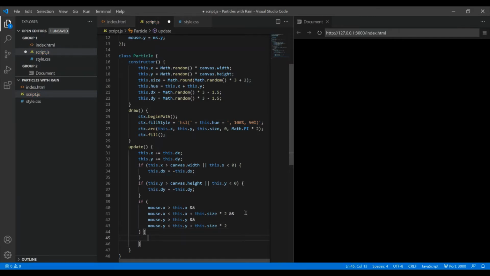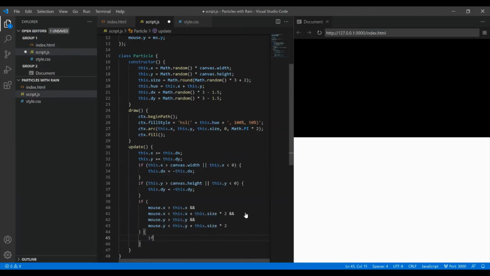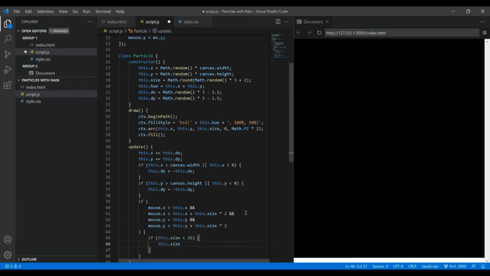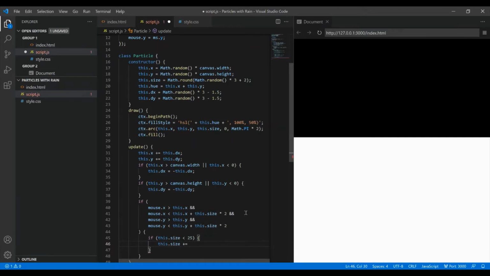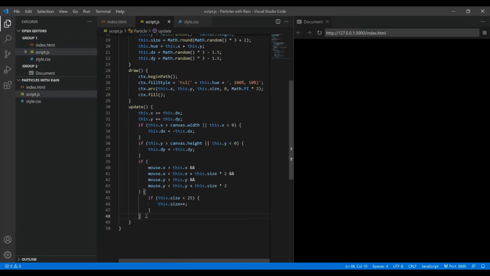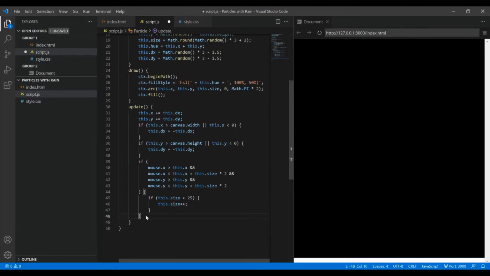So now if that's true, then we want to put another if statement. If this.size is less than, let's say 25, then this.size increases by, let's say 1. Let's just increment it by 1. Then, oh yeah, else